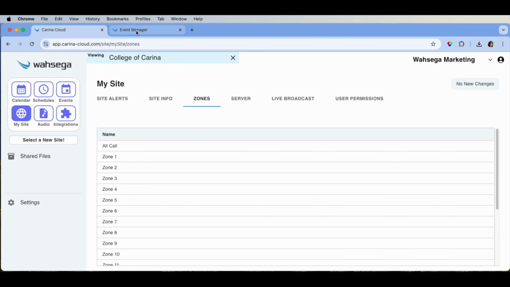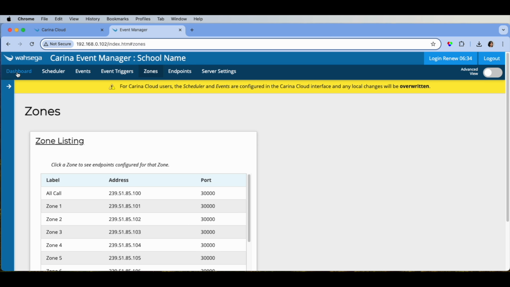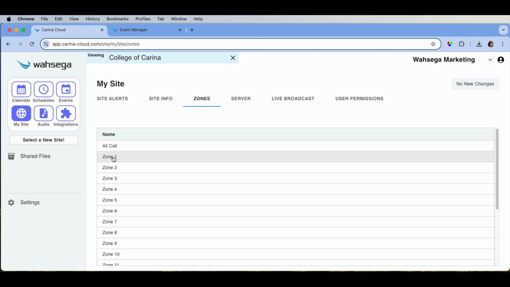Now I'm going to go over to my Event Manager to show you that it says the same thing. So from the Carina Event Manager, I can click on zones and I can see all the zones are labeled 1 through 19. Instead of naming them from the Carina Event Manager, we're going to rename these zones in the